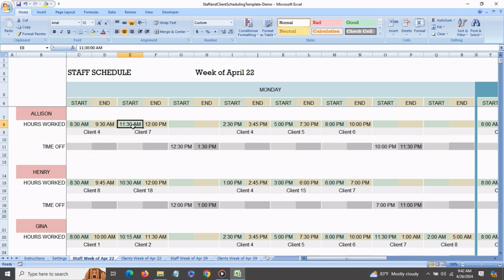Similarly, the next shift would start at whatever time you wanted to. Say the next shift would start at 10 a.m. and it would end at say 11:30 a.m. and you can assign her to client 9 and so on. And say she takes a break from 12:30 to 1:30, you can put that here, or you can put it in any of the other blocks over here. There are 8 shifts to each day,